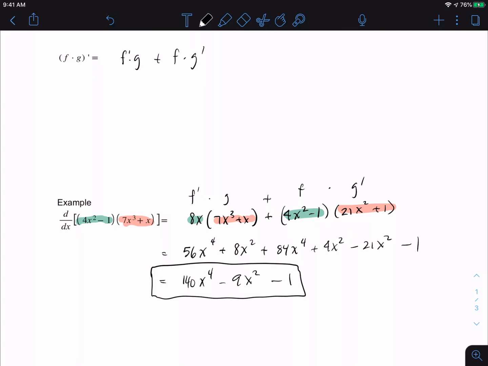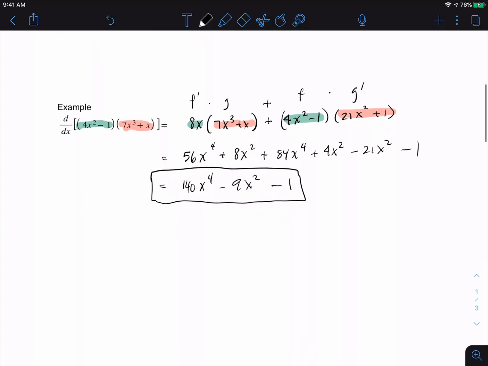Do you guys want me to give you one to try? Yes. All right. So let's do this. Here's an example for you. How about we find the derivative of 3x cubed plus 4x